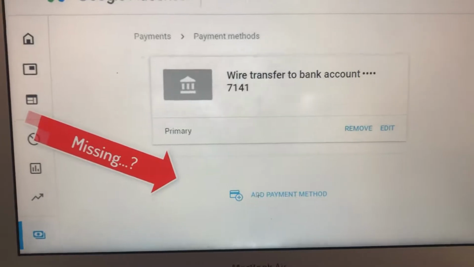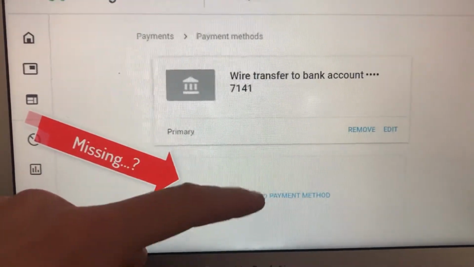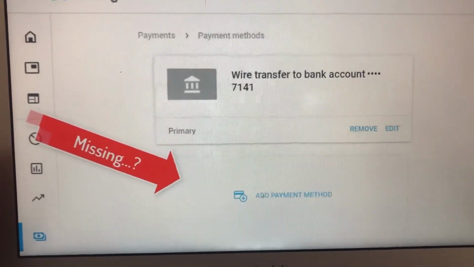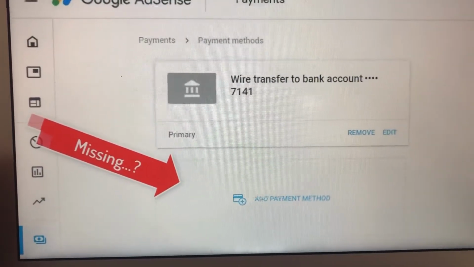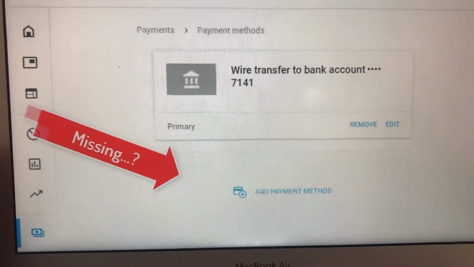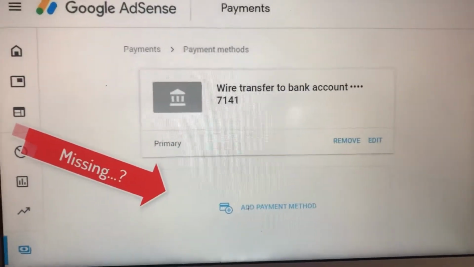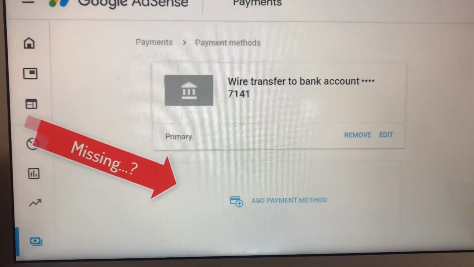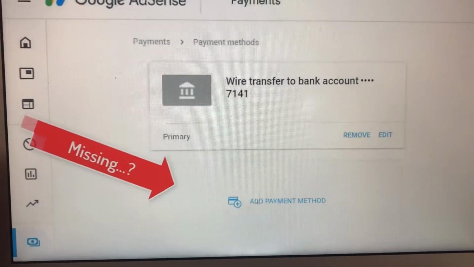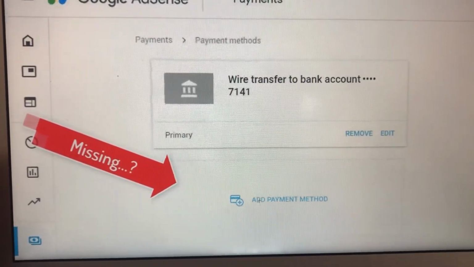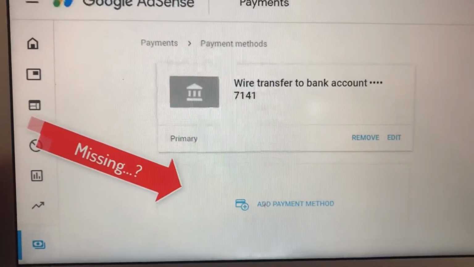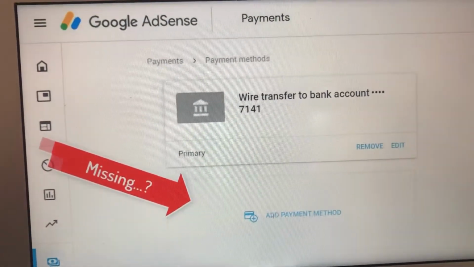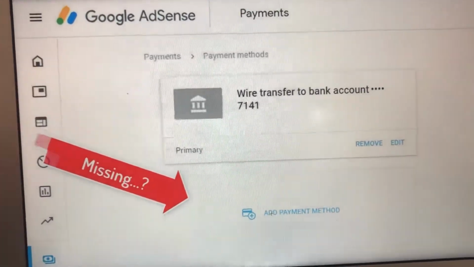So here you can see it, when add payment method is just missing in your AdSense account. So how can you fix it, and why do you have this error? Mostly it happened because you just have less than 100 dollars on your account, and also your balance from previous months didn't get added to your balance, and you